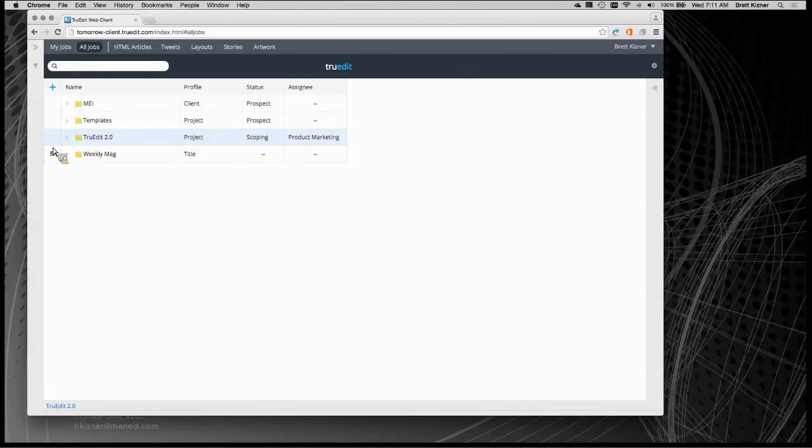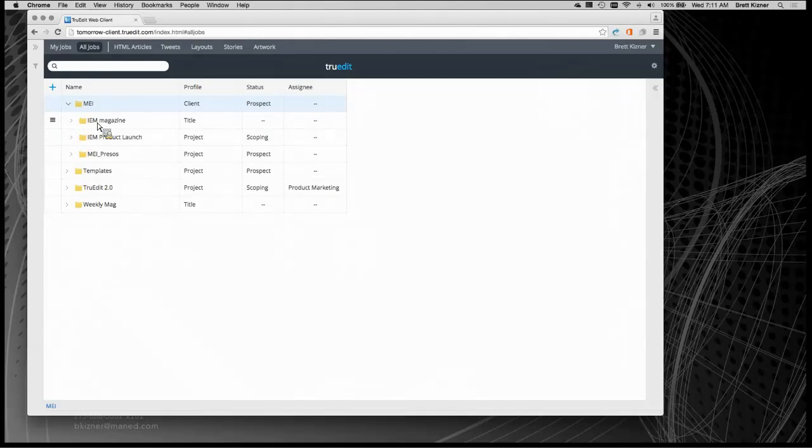And if I'm a marketing organization or an agency, really, agencies typically work with multiple clients. So above my projects, I may want to have a client. And in that client, I want to have a title and a project. Inside this, ultimately what you're seeing is a completely customizable organizational structure. This means that you're not predetermined to work in a structure that MEI predetermines.